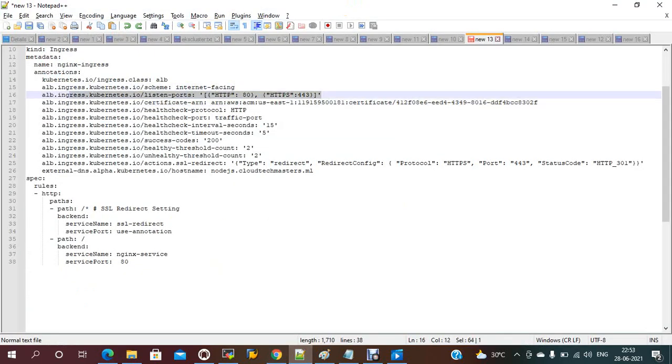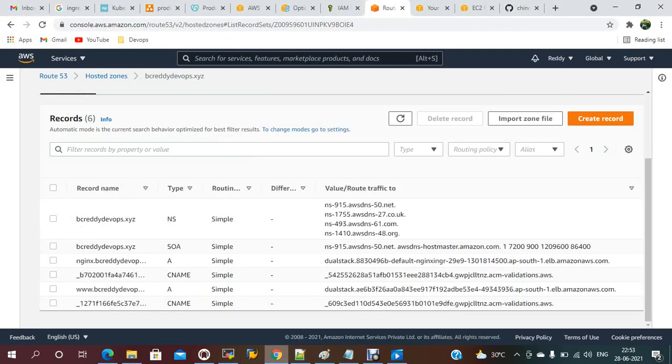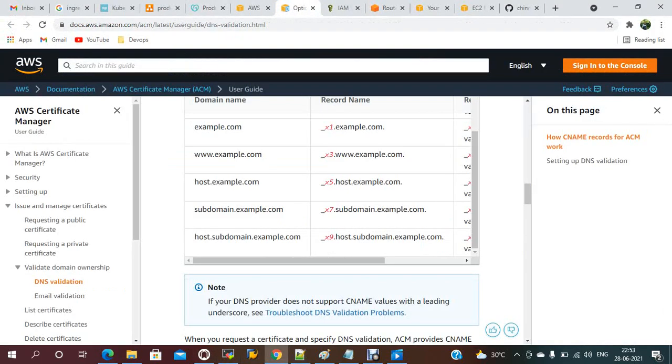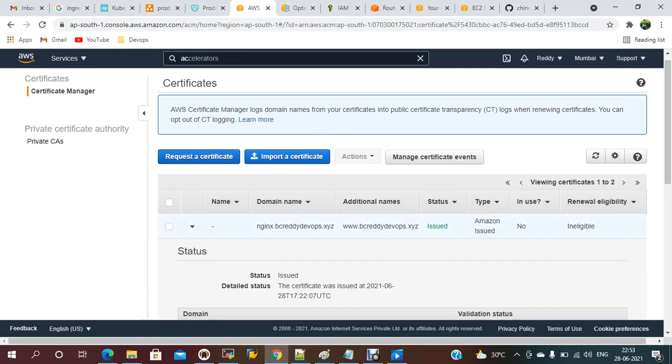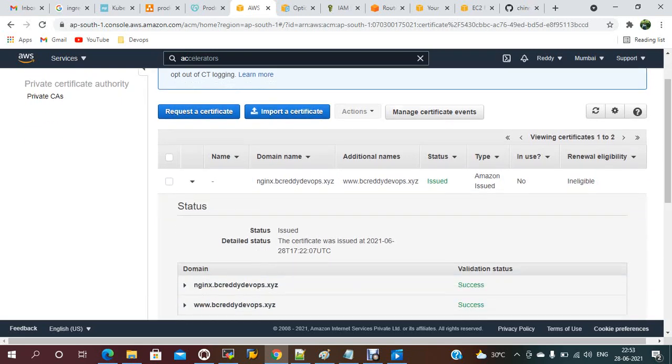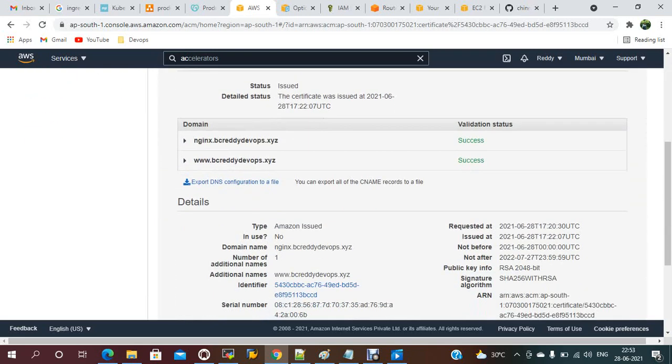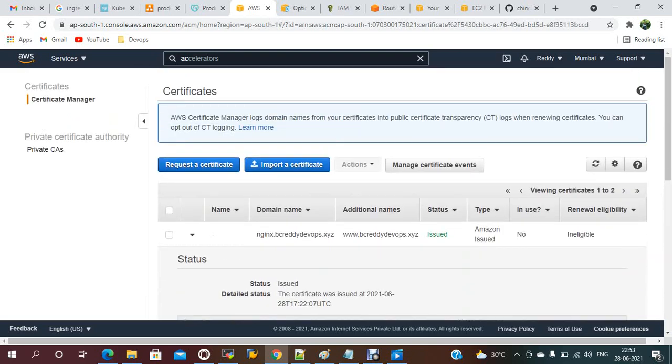You just need to add these annotations. And here, the certificate name, you just need to add your certificate name like this. If you select this one, certificate name, just need to go to certificates.